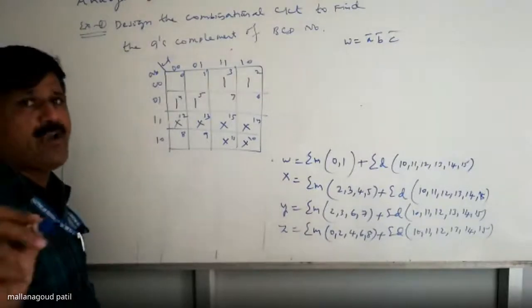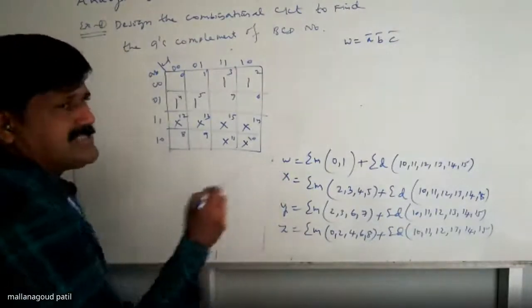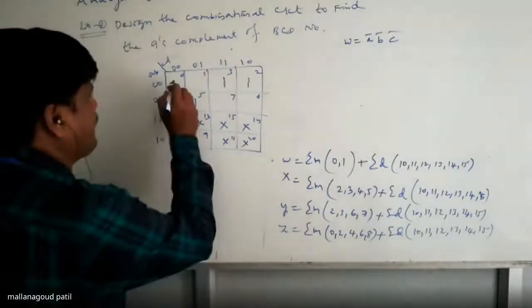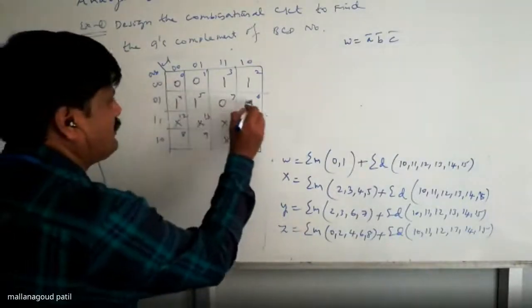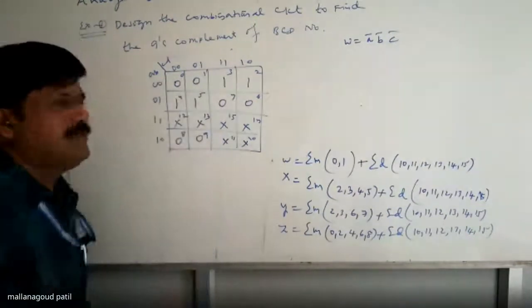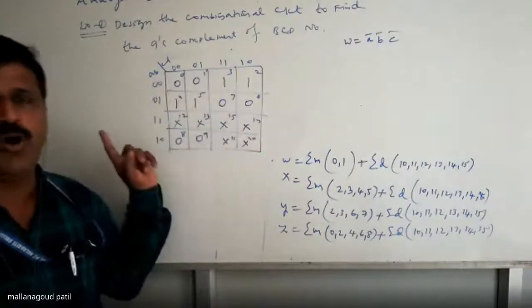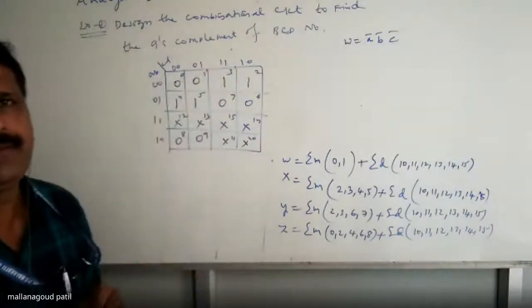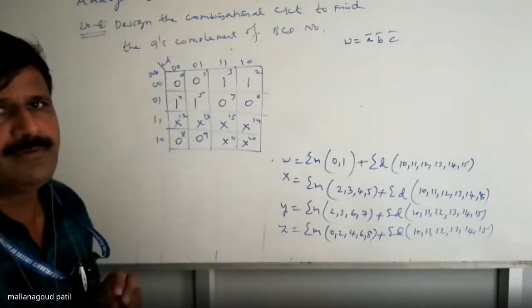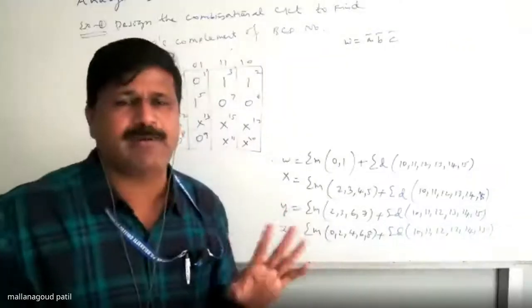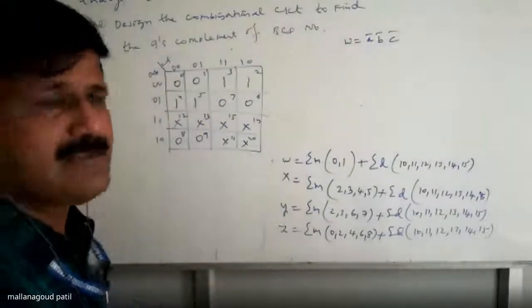Any doubt, immediately you have to ask. Then the cells not covered by the minterms as well as the don't cares, we should write as 0. Is grouping all 16 possible? No. Grouping 8 possible? No. Grouping 4 possible? Yes or no? Yes, 4 is possible. Tell me the cell numbers.